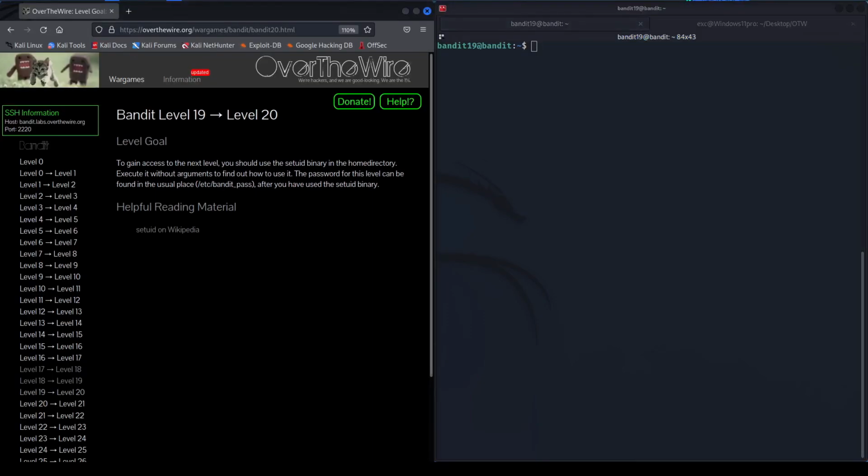To gain access to the next level, you should use the setuid binary in the home directory. Execute it without arguments to find out how to use it. The password for this level can be found in the usual place, that is /etc/bandit_pass, after you have used the setuid binary. So basically this is the path where the passwords for each particular level are stored, and the password can be accessed